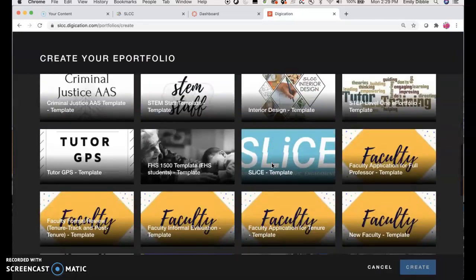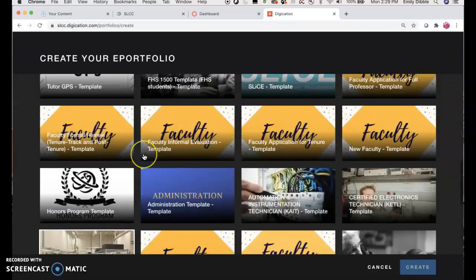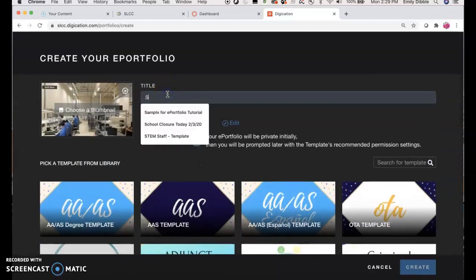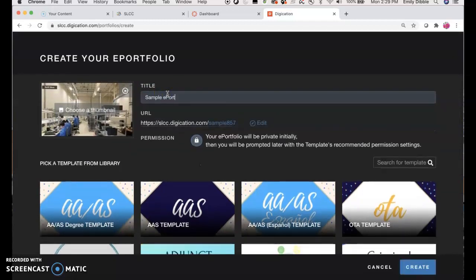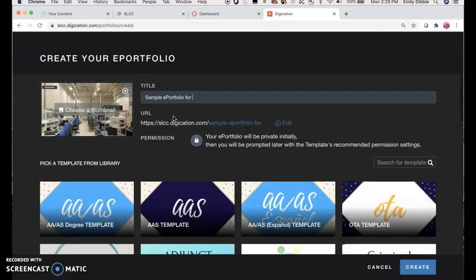And then I need to scroll down and find that template. Here it is. And then I can come up here and give it a title. So I'm just going to call this my sample. Sorry, I'm trying to remember. Okay. All right. I would recommend that in your title you put your name or your initials or something